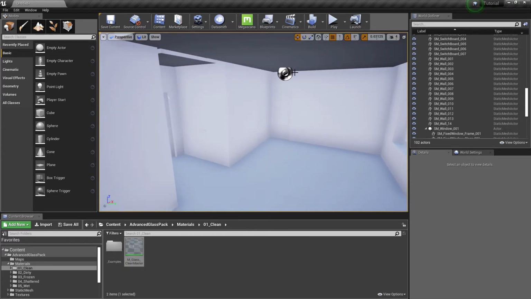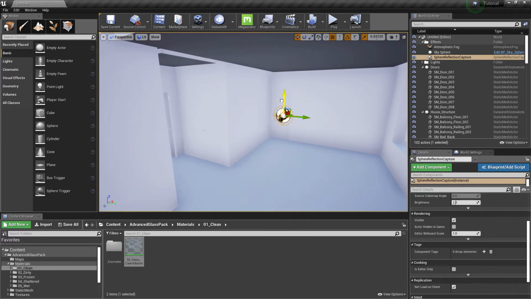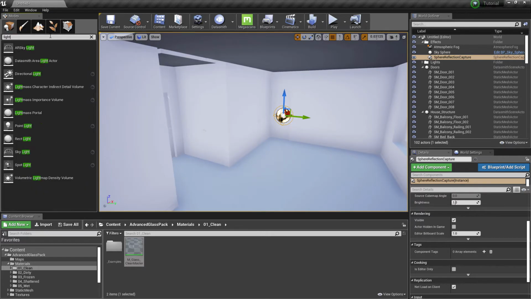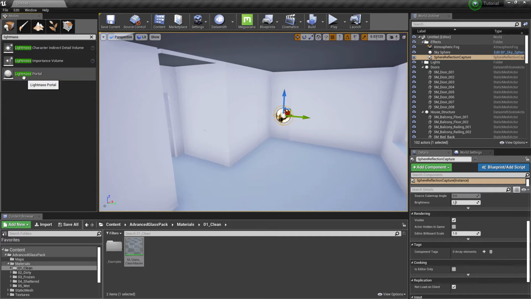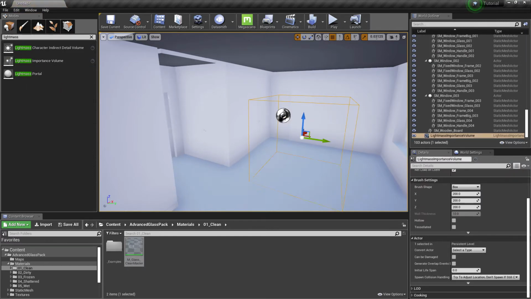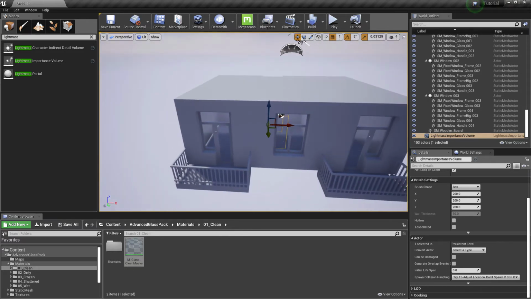We are now going to add lightmass importance volume in the scene to cover the whole house. Scale it so it covers the entire house.